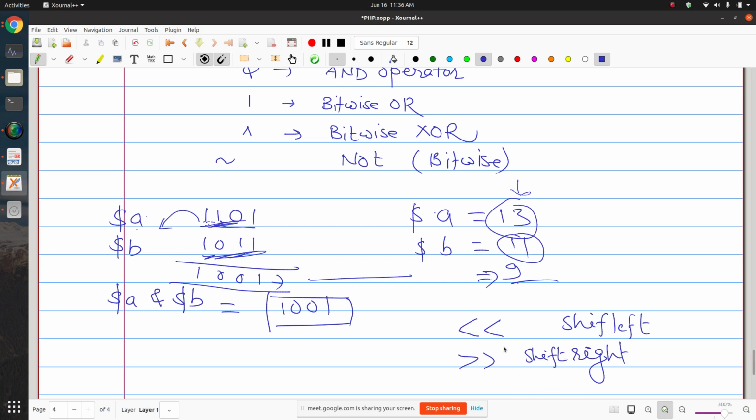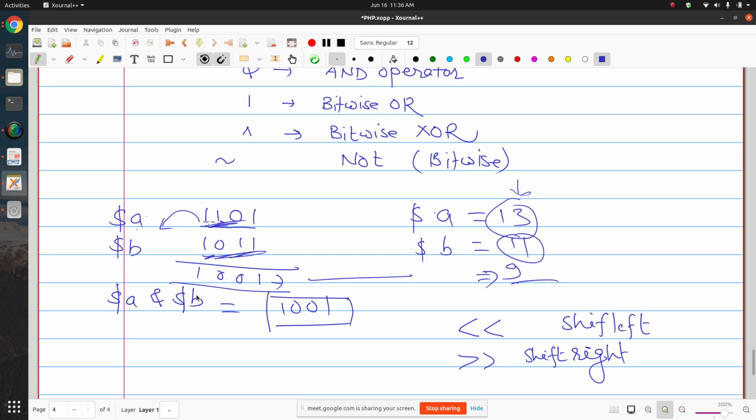You would know what happens when you shift a number to the left side. If you shift a number by 1 bit position left, then the number is multiplied by 2.